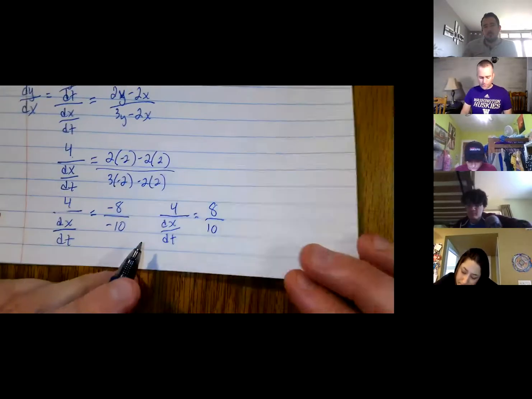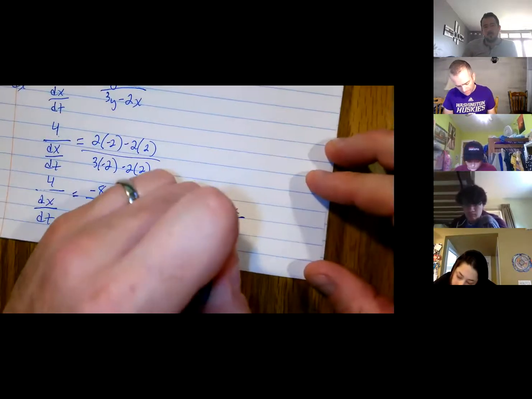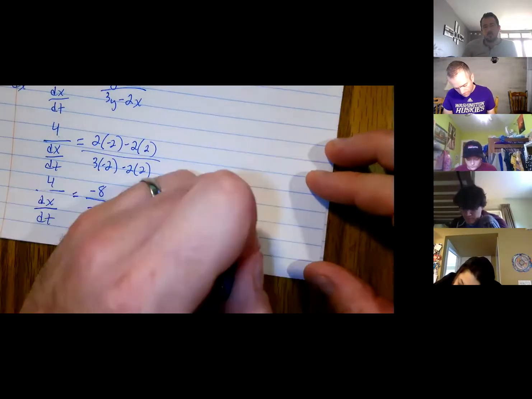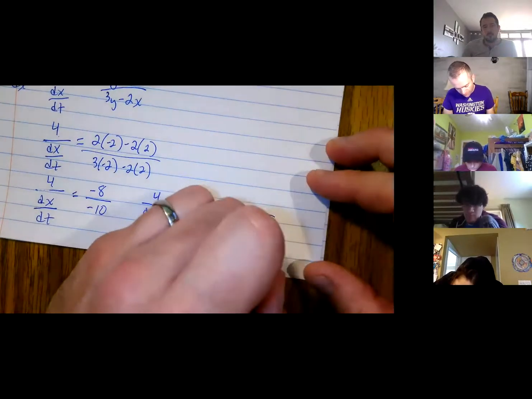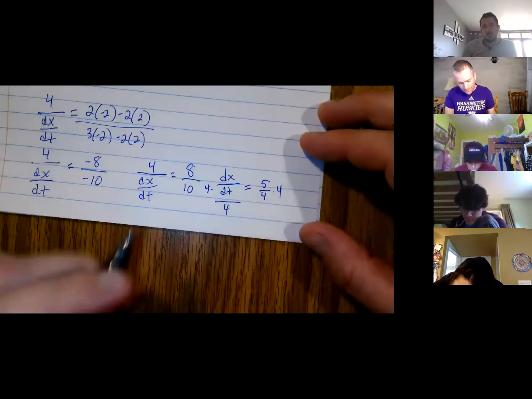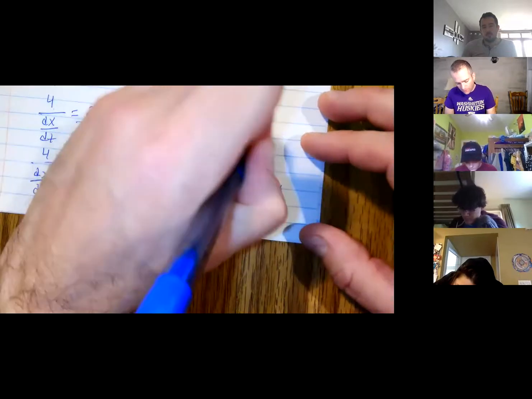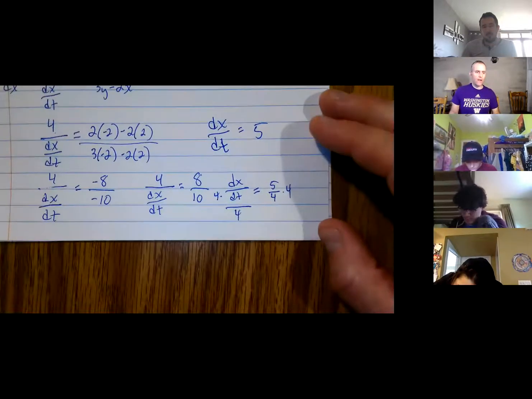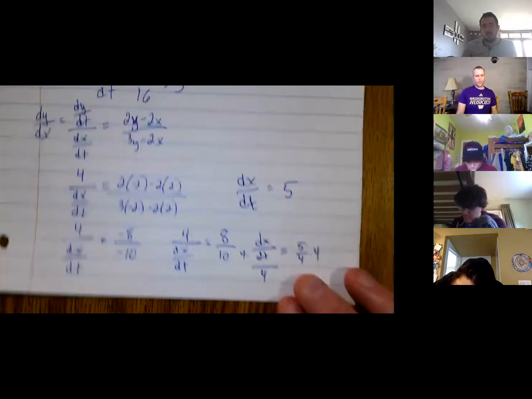So if I take the reciprocal of both sides, I get that dx dt over 4 would be 10/8, right, which would be 5/4. And so if I multiply both sides by 4, I get that dx dt would equal 5. And so I get the same answer, but it's just kind of a little bit more strange